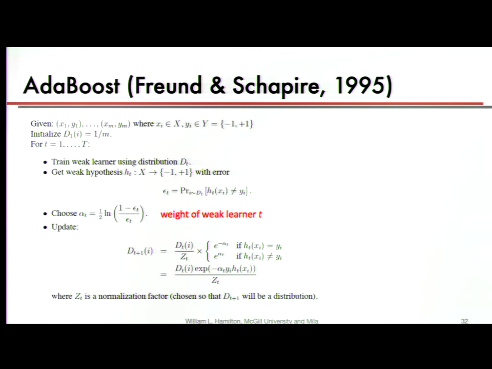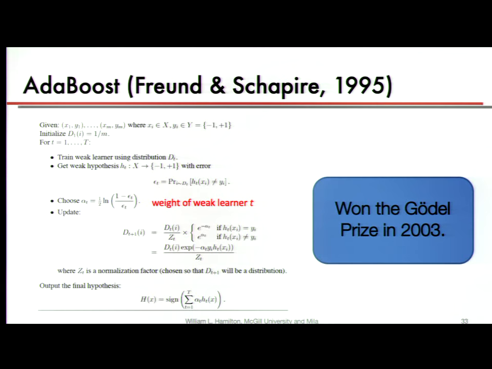Well, we're not going to go through all of the theory here, and I'm not going to ask you to be able to reproduce the theory, but in fact, this approach is very, very well motivated, and I'll show you in a couple slides. It actually can give us guarantees on the error of our final classifier. Our final classifier is summing over all of our weak learners. We're weighing each of them proportional to this alpha term, and then we're classifying as a majority vote over that. We're taking the sign function after we're adding all these things up according to their weights, so not just a plain vote, but a weighted vote.